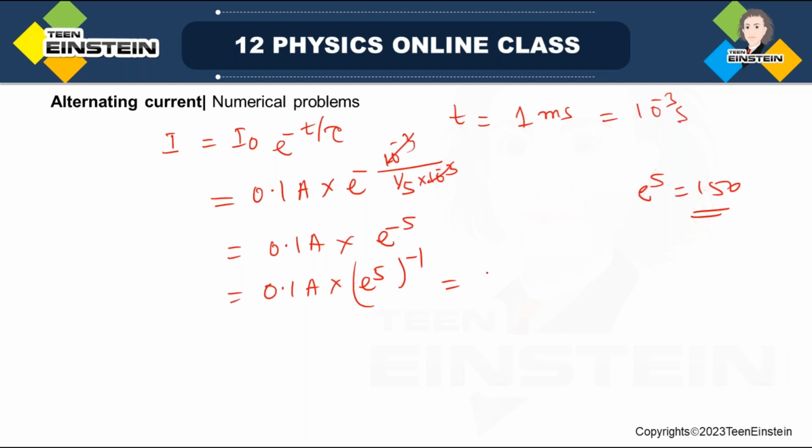That means you get 150 whole to the power minus 1, so 1 over 1500. This is ampere. So if I multiply 1000 to make it milliampere,